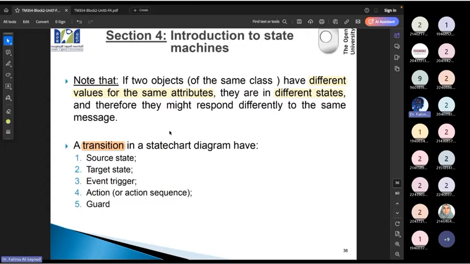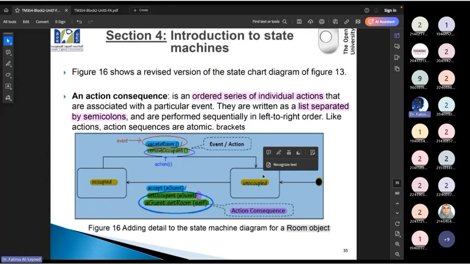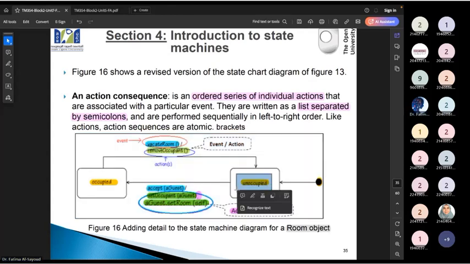Now we are going to talk about the transitions, anything related to the transitions, which is this. We have a transition. It's associated with what? We have a source status and we have a target status. And we have an event, which is in blue, an event trigger, and then we have whatever is in green, which is the action.